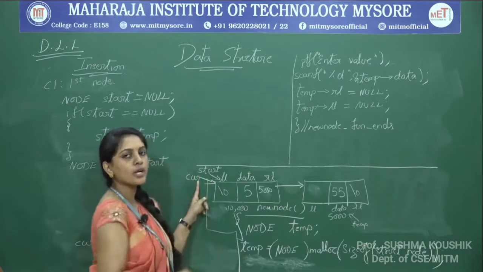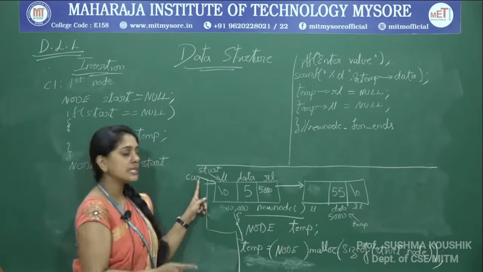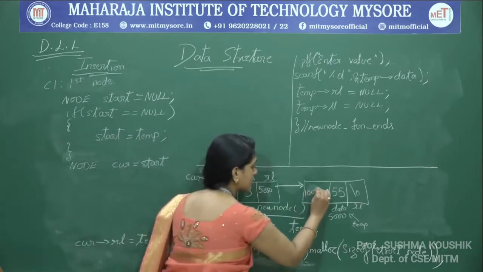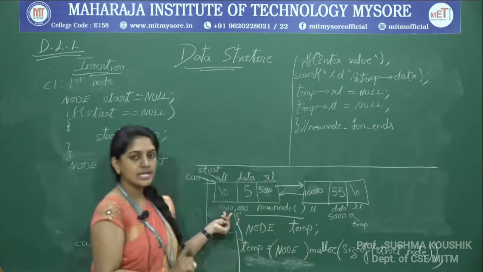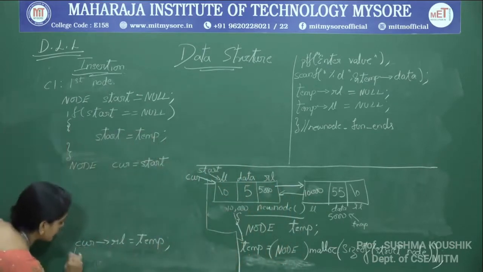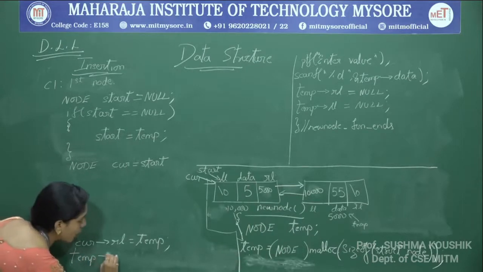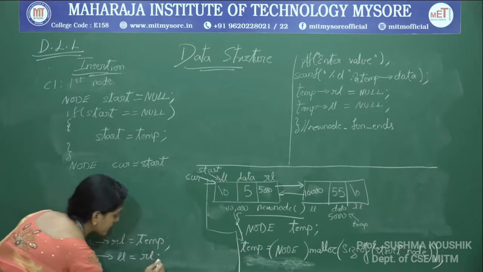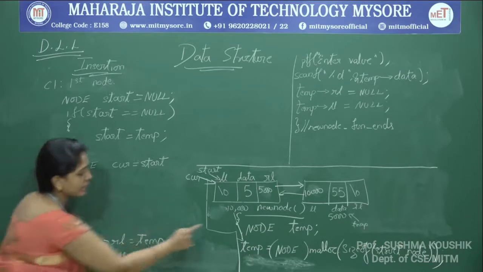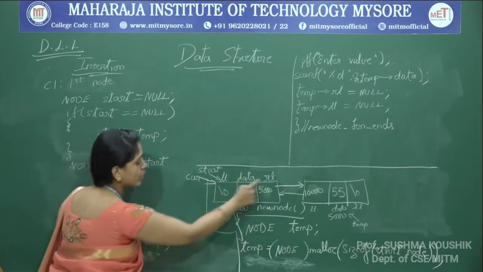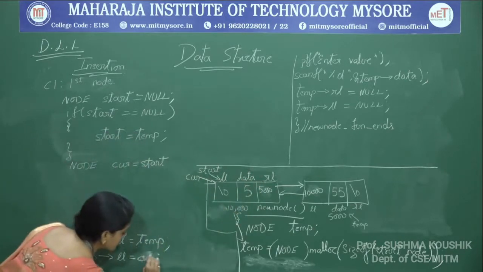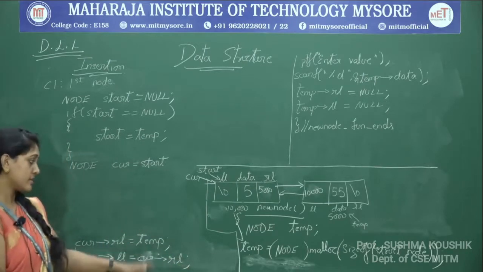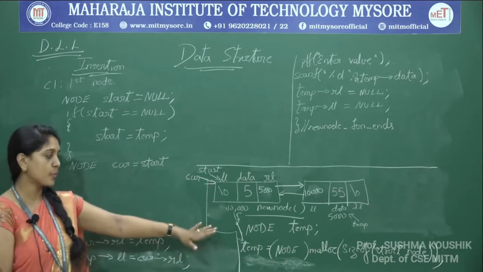Right now start and current are pointing to the same position, but still I will take it as current. So current is holding 10,000. If I do that, 10,000 comes over here and the double link is established. So we will write temp of LL is equal to RL. Sorry, not RL, I cannot directly say RL abruptly. It is current of RL. Okay, looks good now. This scenario holds good for us at this point of time.